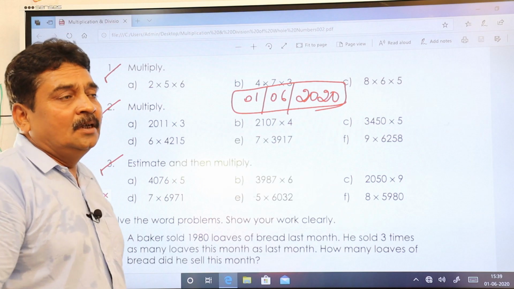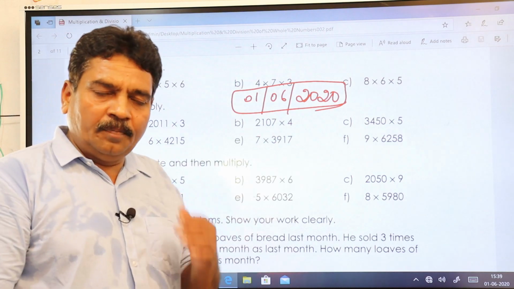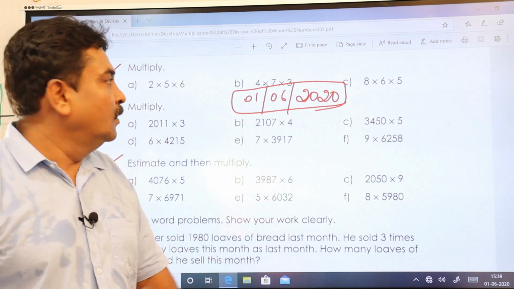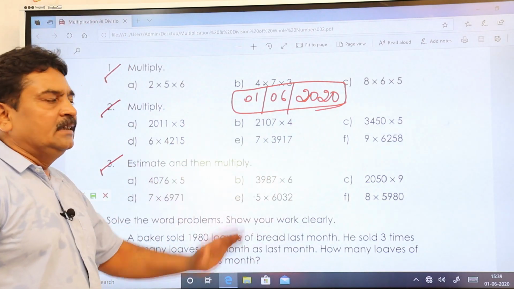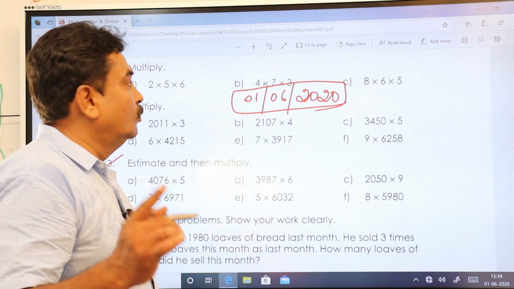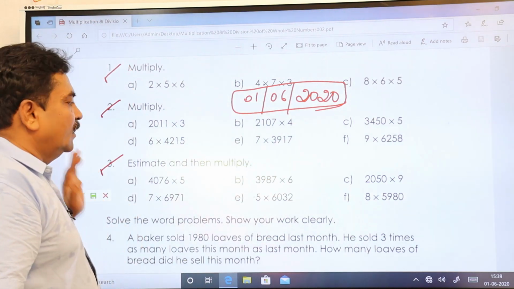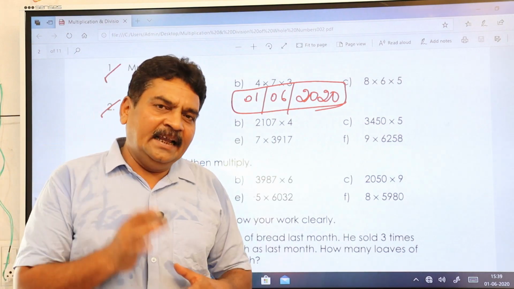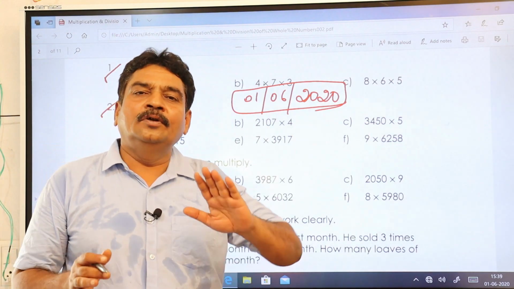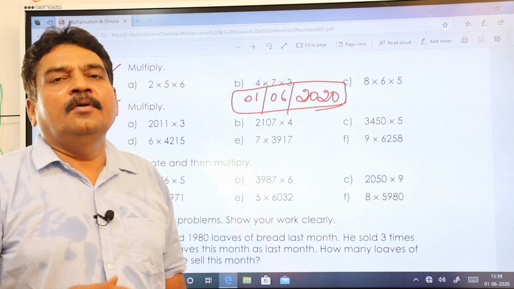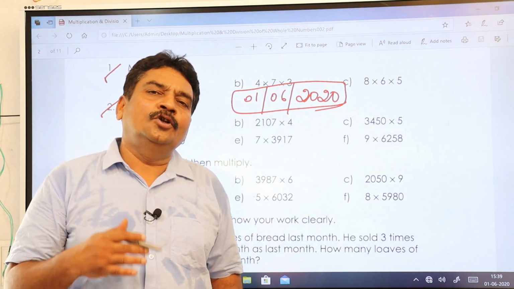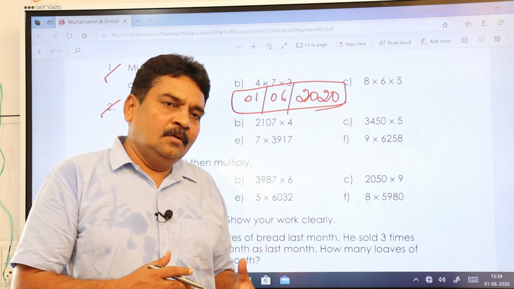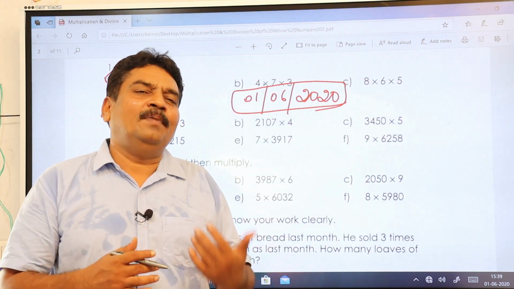Ask madam, if you don't have a PDF copy, ask madam to provide. She's going to send you through WhatsApp. You just take this as a part of homework and do it. First, second and third. Do it in homework. And again, all problems you should do in the classwork book also. Because tomorrow at the time of revision, you should not search for homework books, for the classwork book. So, it's a kind of practice also.